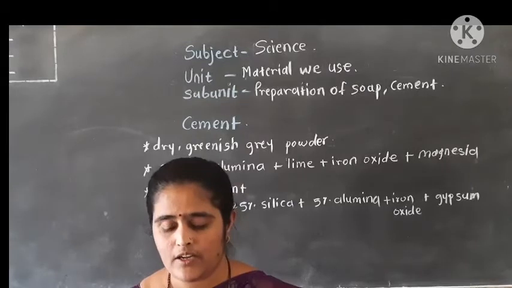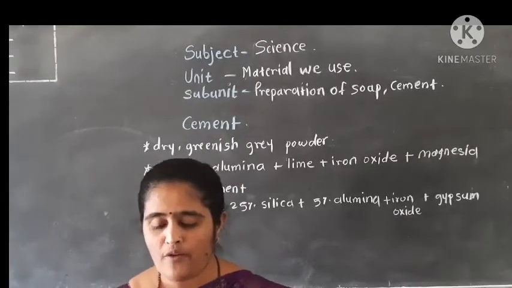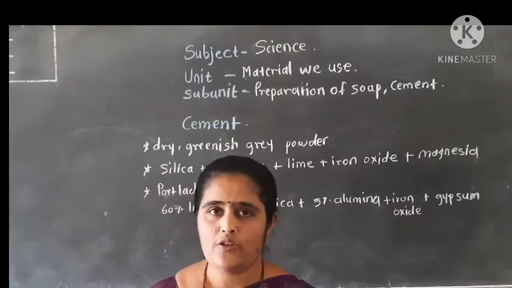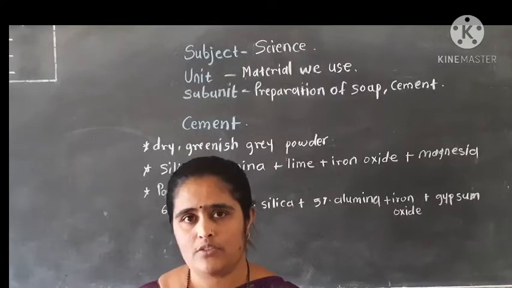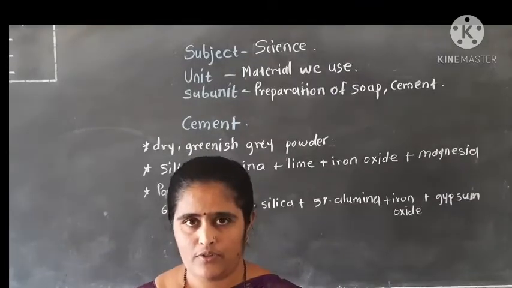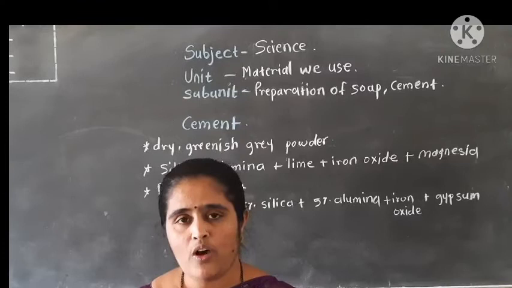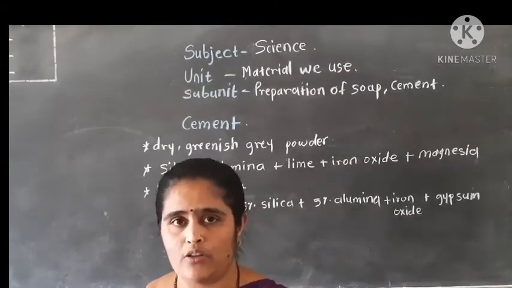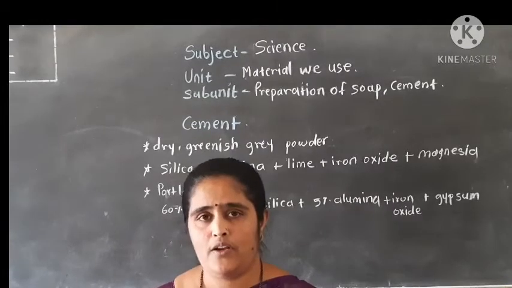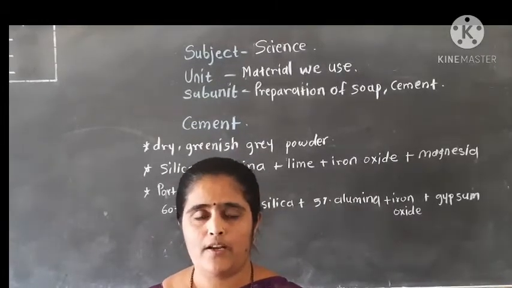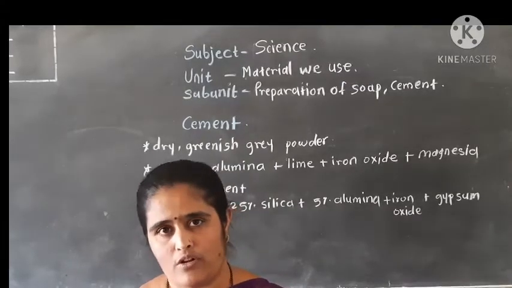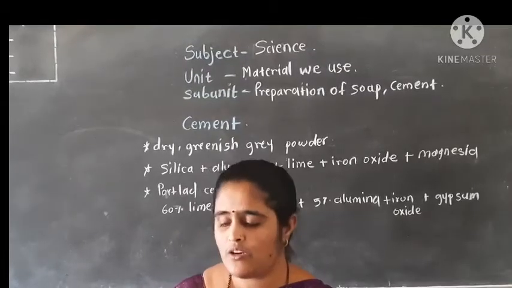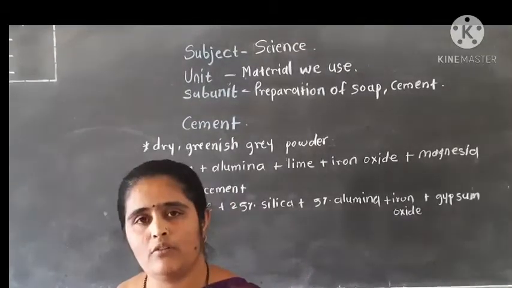Okay, let's see the answer again. How does the use of detergent help to clean a soiled cloth? The detergents are used to clean the oily substances on a soiled cloth. The molecule of detergent holds a fat molecule at one end and a water molecule at the other end. With the help of this property, all the dirt particles and soil particles easily mix into the water and our cloth will be cleaned. Okay, this is the answer of this question. You have to solve the remaining questions in your notebook.